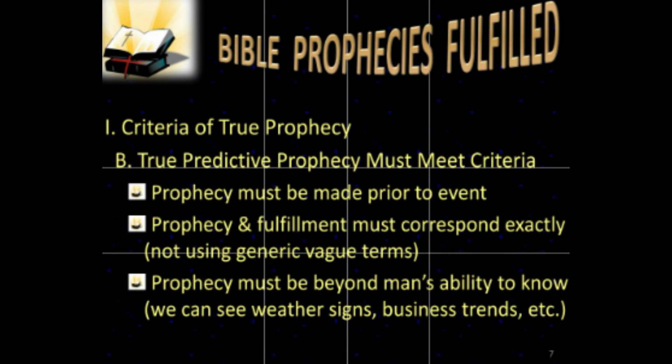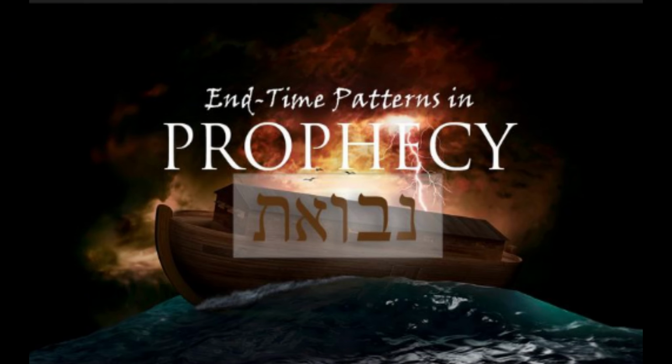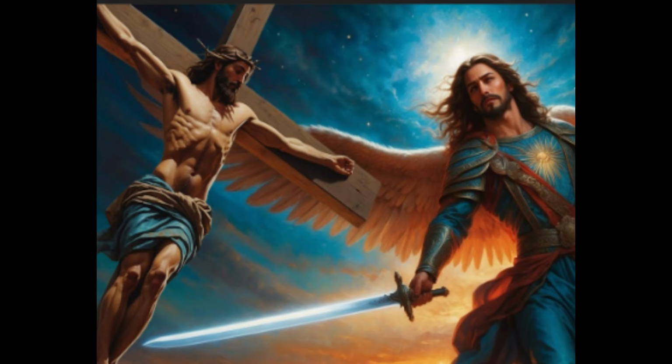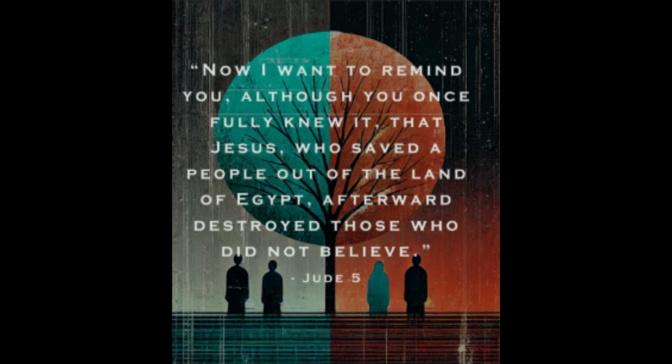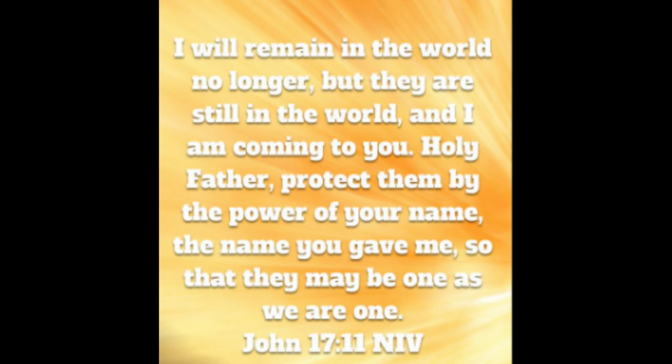Hermeneutics, your theory of interpretation: most of us in the West tend to think of prophecy as prediction plus fulfillment. The Hebrew model, though, sees prophecy also as pattern, a means by which God communicates. Jesus and the cross connotation can be seen here as Jesus is the angel of the Lord, Yahweh, during Israel's desert wanderings. Jesus as the angel of Yahweh is pointed out by Paul and Jesus himself in 1 Corinthians 10:9, Jude 5, John 17:11, to name a few.